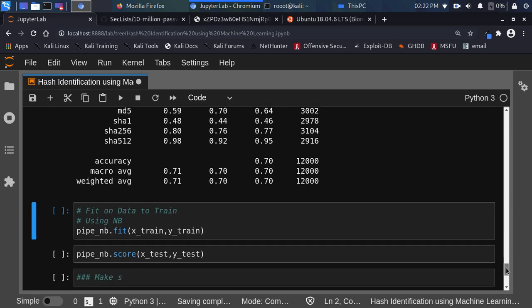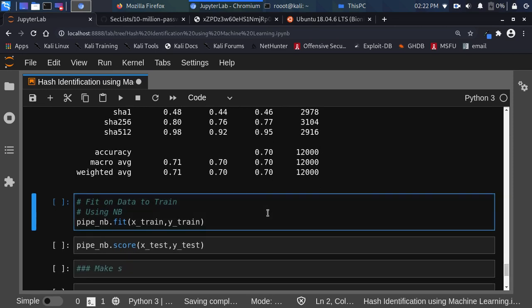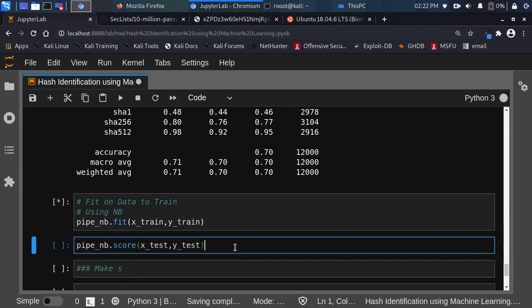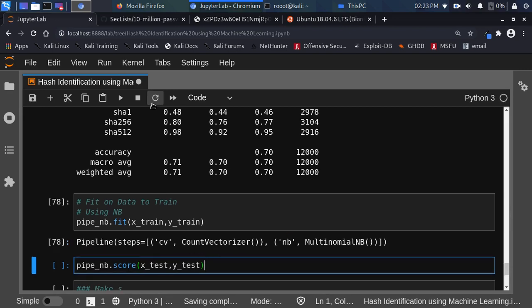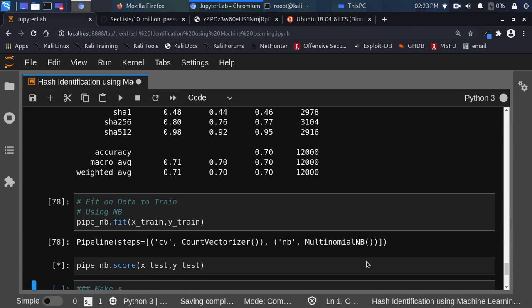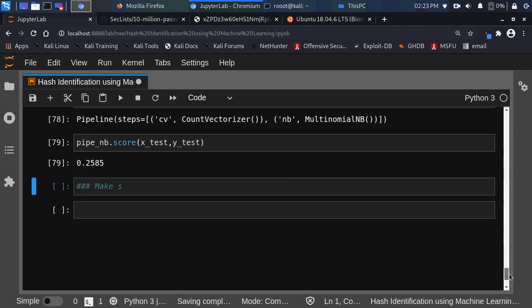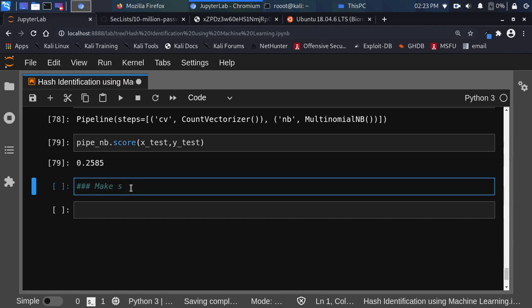The model is good. Let's try for naive Bayes. I'm sure naive Bayes will finish very fast. As I said, see that has already finished. Naive Bayes is very good when it comes to text classification, but sometimes it fails. You see that this is 25. That means that of the three models, the best is logistic regression, followed by decision tree, and then the naive Bayes, right? So let's make a single prediction